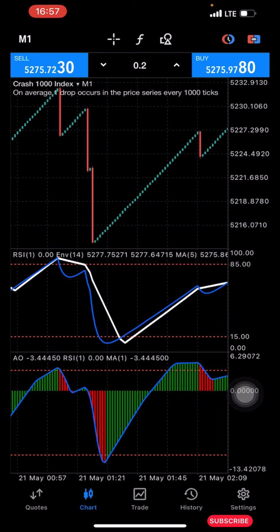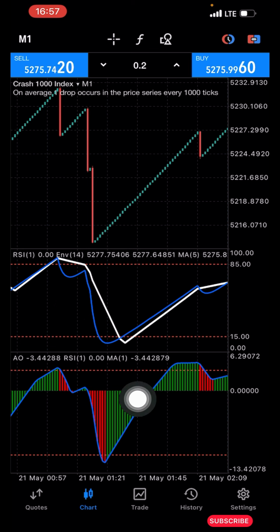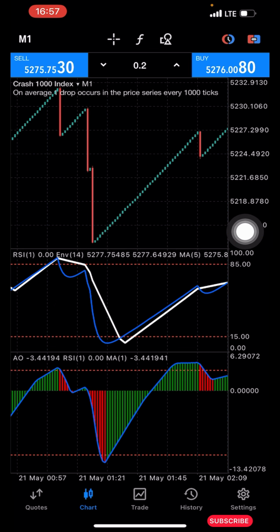So once you have set everything correctly, as I've just explained, you are going to have a screen like this one here. Now before I explain how the strategy works, I'll be reminding